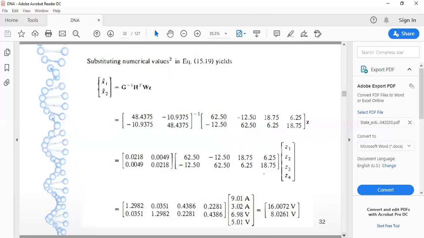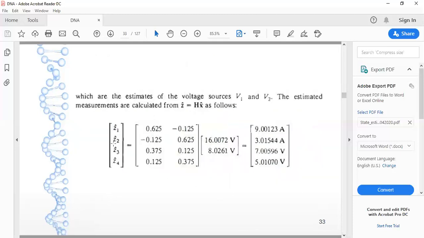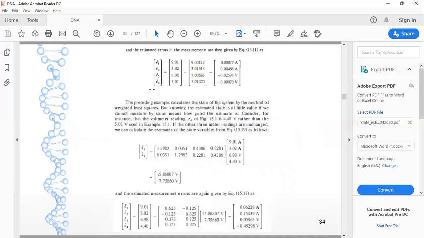Now friends, over here we want to find out, if the value of any one major variable is altered or changed, what will be the aggregate effect. So if we find Z1 to Z4 from Hx, this is my Z1 to Z4 calculated. So this is Zc, not Zm. The difference between Zm and Zc gives me the error. In order to find the error, I apply this equation. This is my measured value and this is my Hx, the calculated value. The highest value which I receive in terms of error is this one.